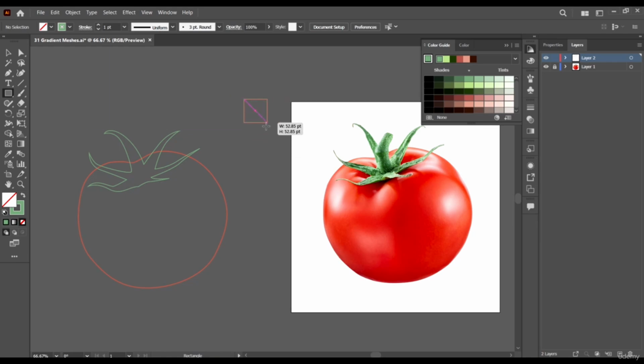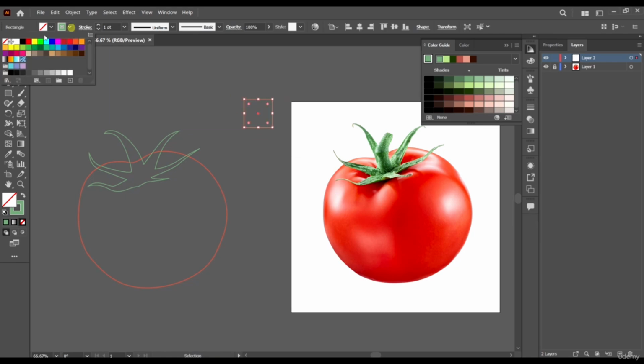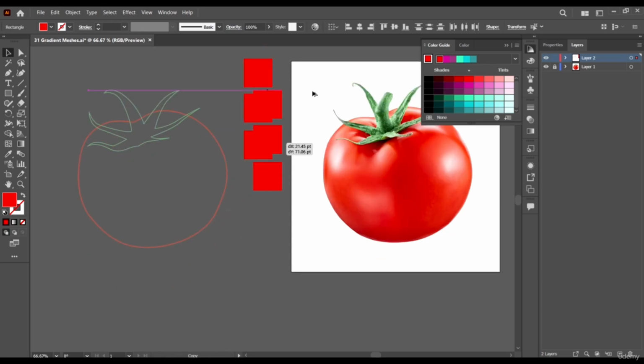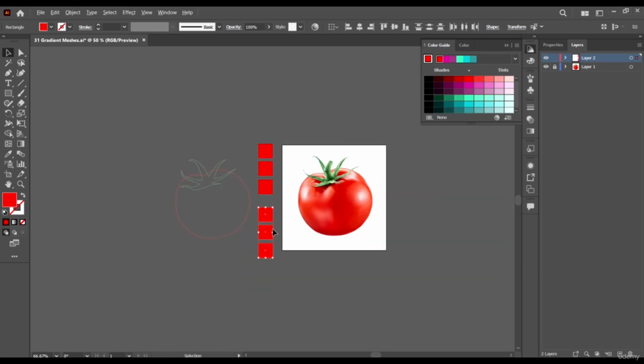Now create a box here, remove the stroke color, and give it a random fill color. Then create three versions, select all of them and create another three versions.